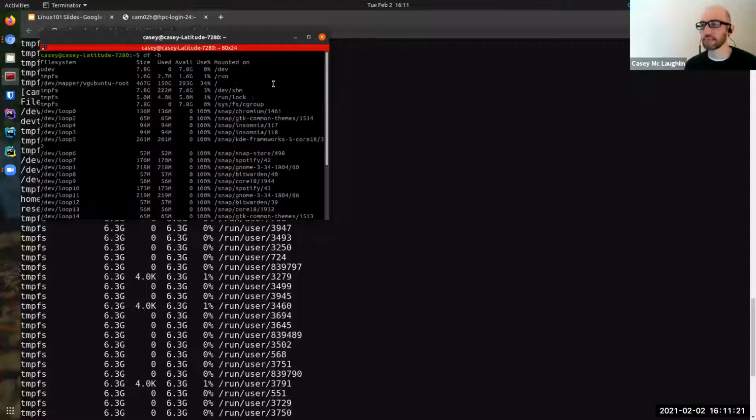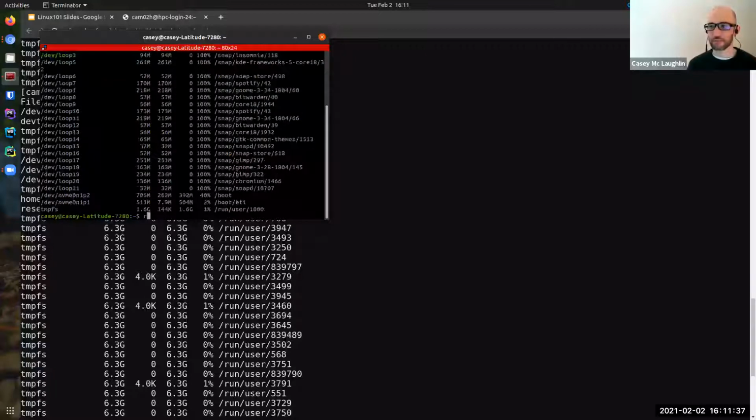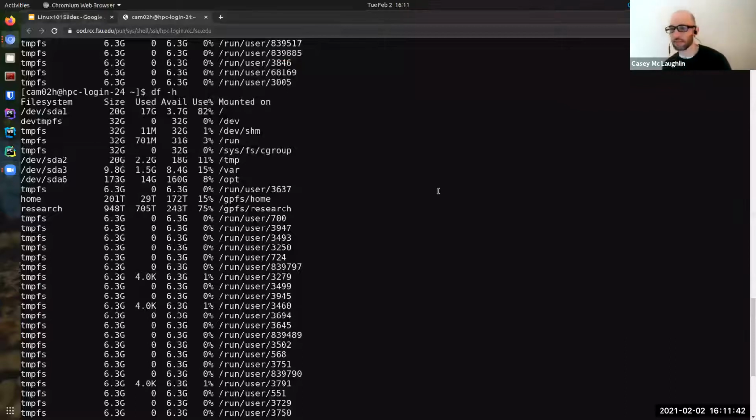But notice that I found the / entry under the mounted on column, and that's what I'm referring to get the actual free space on my system with a single hard drive attached. Okay, exit. We'll close the window.